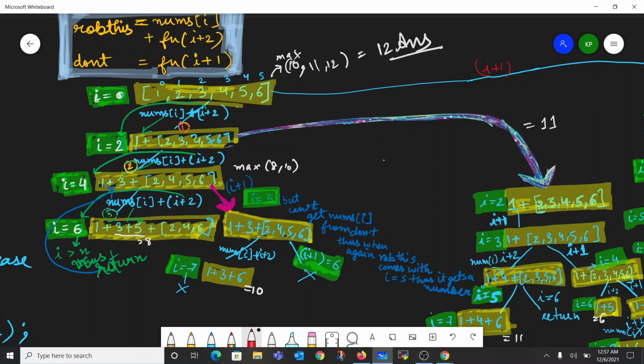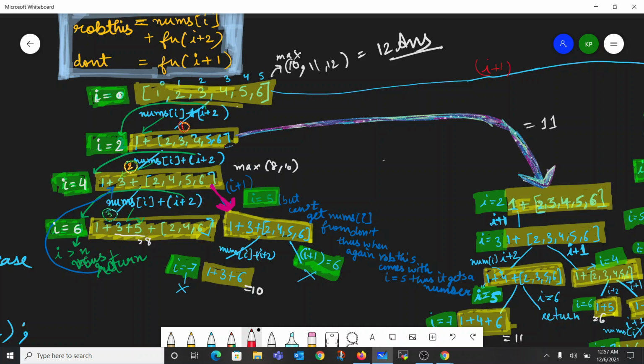So our I is equal to 6. This is equal to the size of the array. So that's why it has now reached the base case. So that's why now it will be returning to its called function, that is to this particular function. And when it returns to this particular function, now it will be calling its don't drop this function, that is